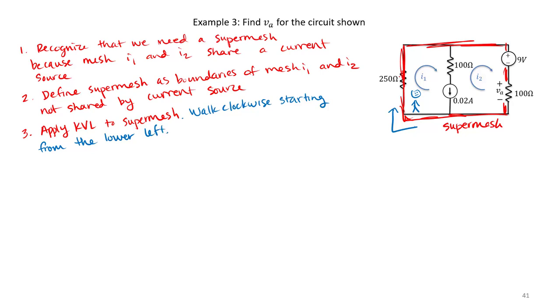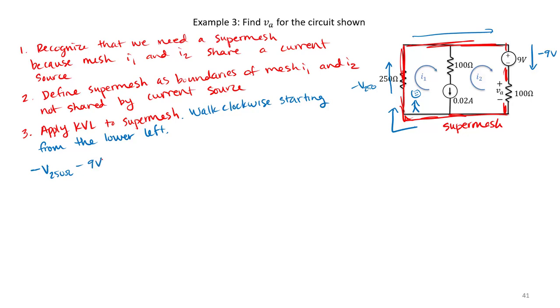So what do I get? First, I have a voltage drop across my 250 ohm resistor. Then I keep walking. Next, I have